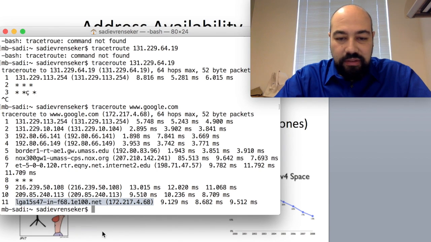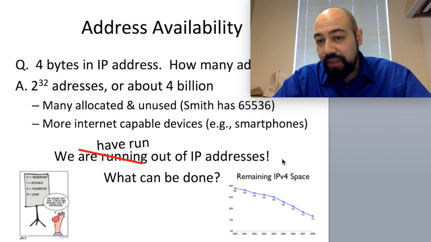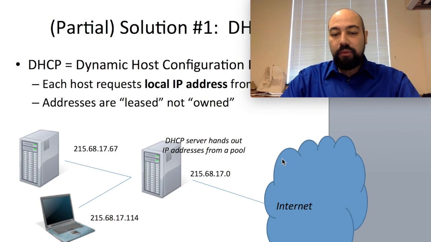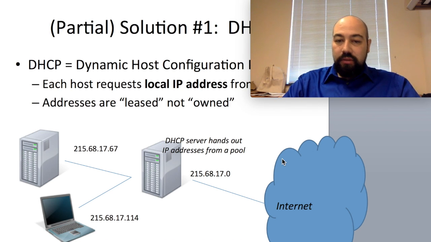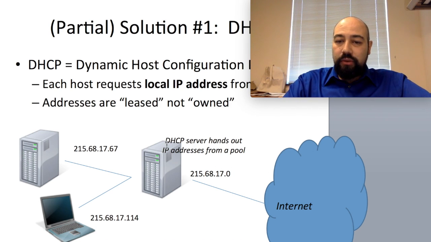Okay, so this is the IP address availability, and IP version 4 is ending. The number of IP version 4 addresses we are using is ending, so we need a solution. The first solution is using DHCP servers. So here, the Dynamic Host Configuration Protocol is a server assigning some local IP addresses which are not valid